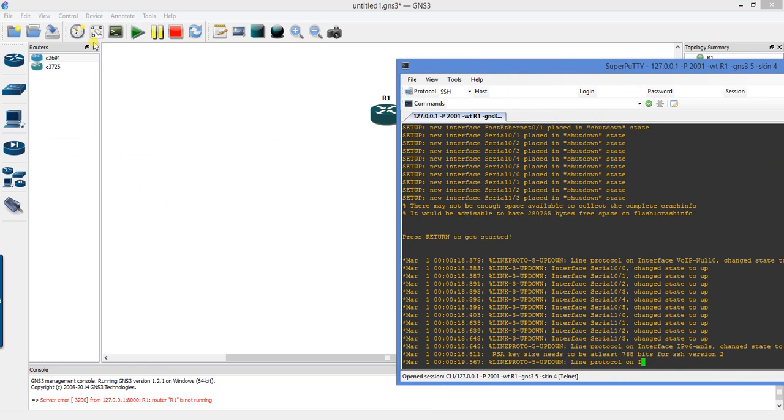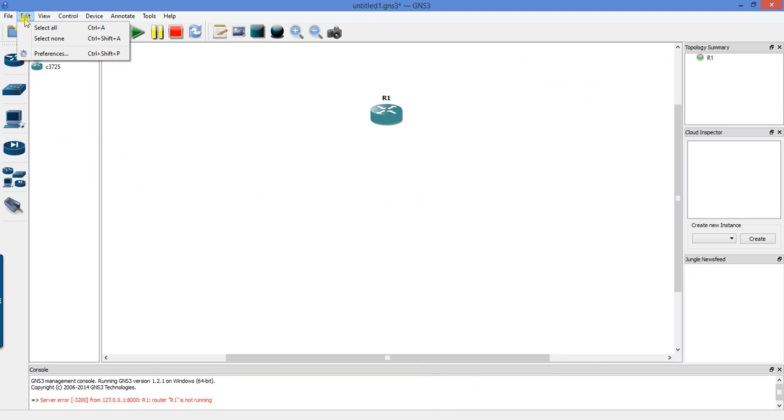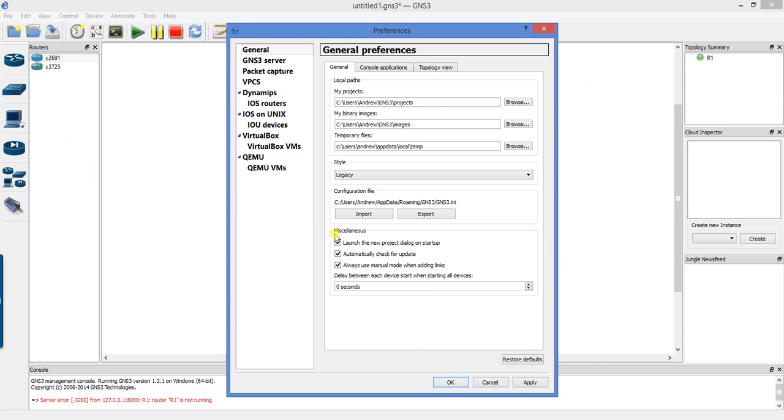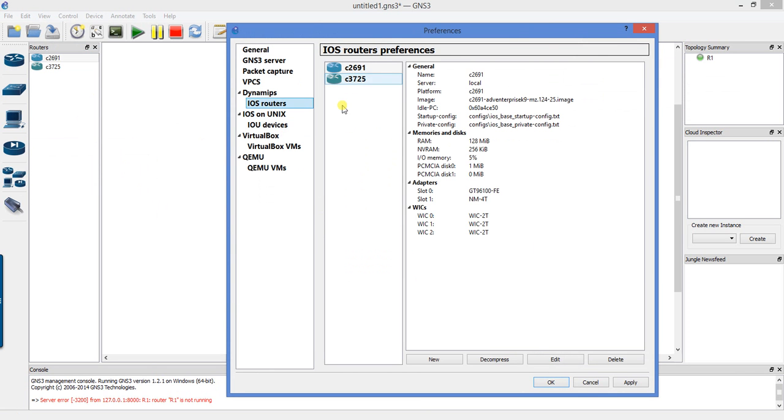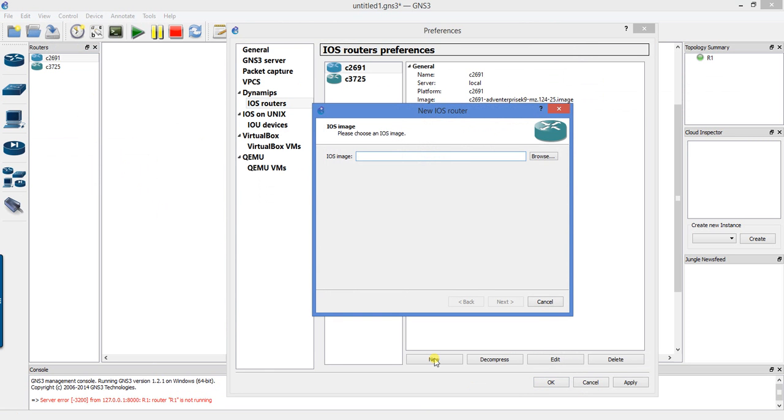So what you're going to do is come up here to Edit, Preferences, and go to iOS routers. Now you can see here I have these two routers. Well, what you want to do is add a new router, okay? And you're going to browse in,